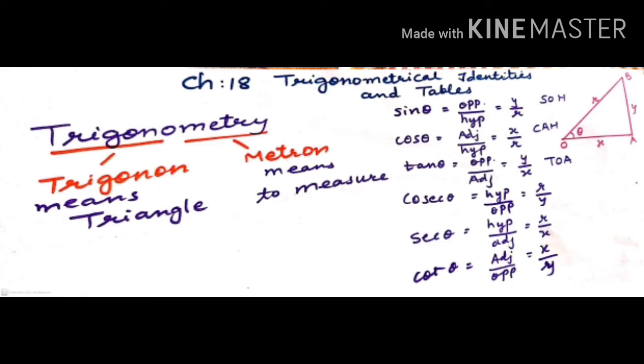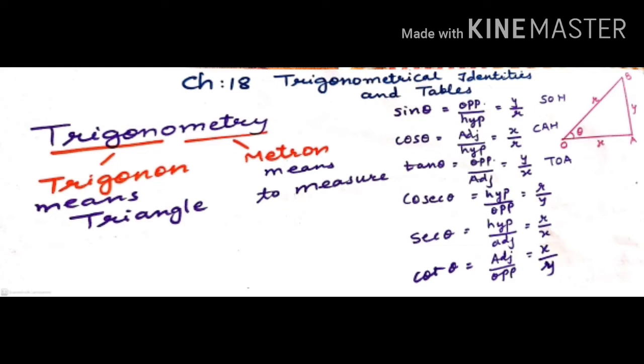So sine ratio is always opposite upon hypotenuse. Now opposite to whom? Opposite to angle theta. Wherever in the triangle your angle is measured, suppose theta, then you have to check the side opposite to it upon hypotenuse, that is known as sine theta. You can check here, I have written y by r, that is, the opposite side of theta is y and the hypotenuse is denoted as r.